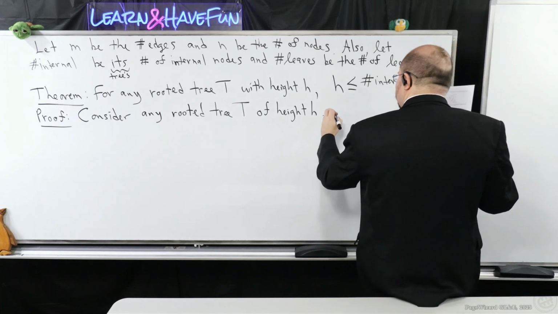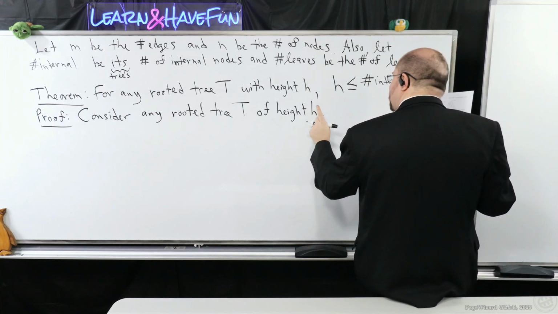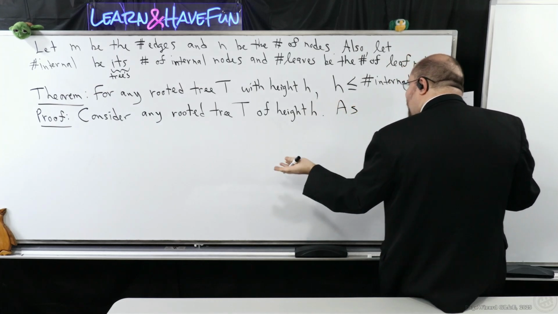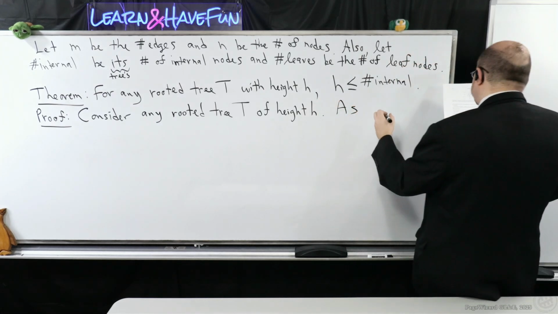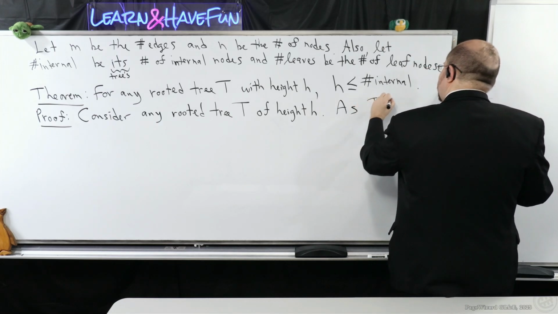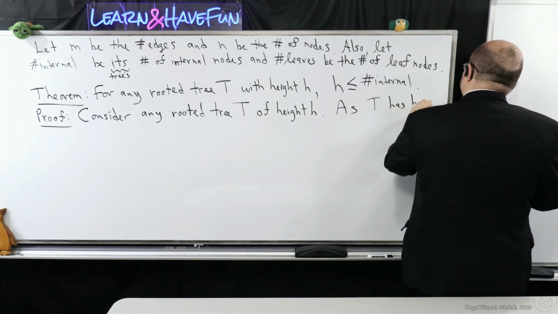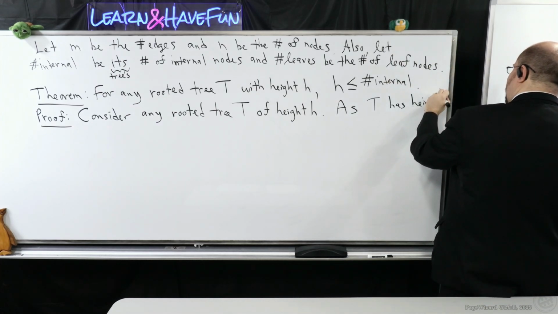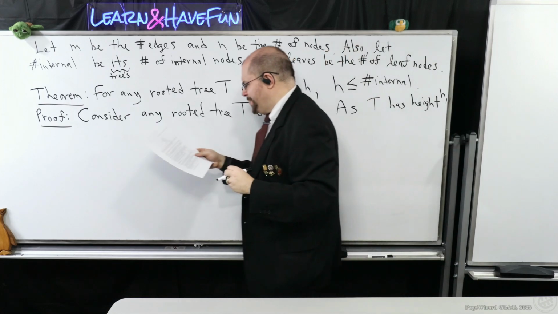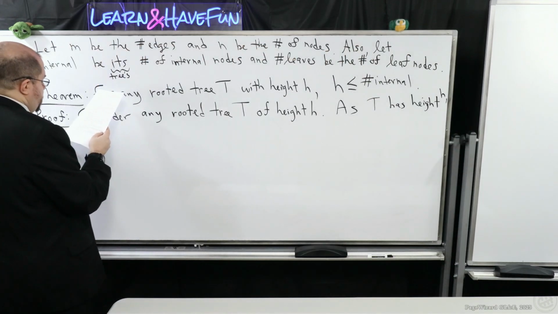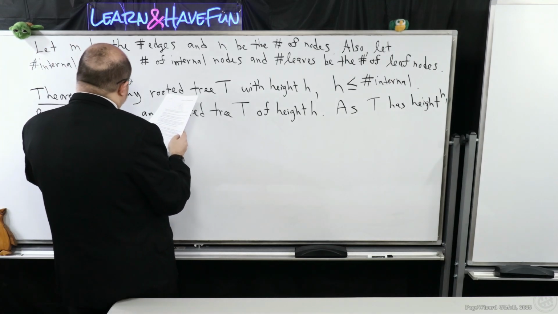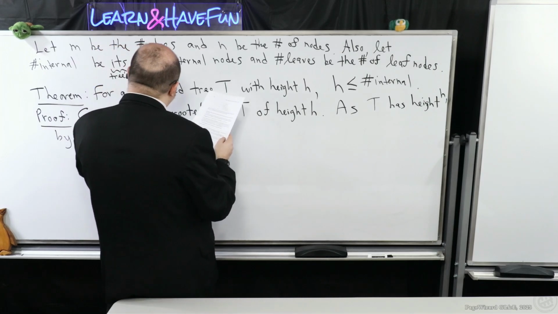I just want to show you something that we can use from the definition of height of a tree, and this will help guide us to what we might want to look at. As T has height h, by definition, there is a leaf node